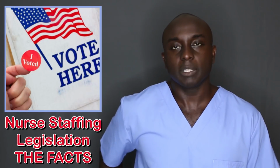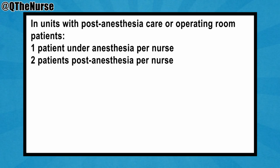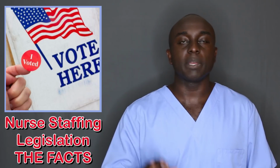So starting with the patient limits based on the unit you are working in. In the PACU, for patients under anesthesia, the maximum is 1. For patients post anesthesia, the maximum limit is 2, right? That's easy enough. The emergency department, this is where it gets a little more tricky because they do it based